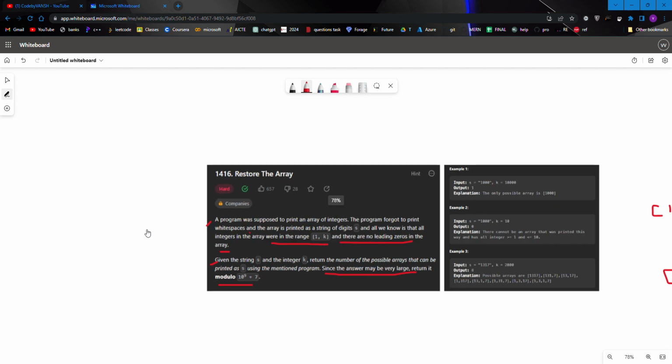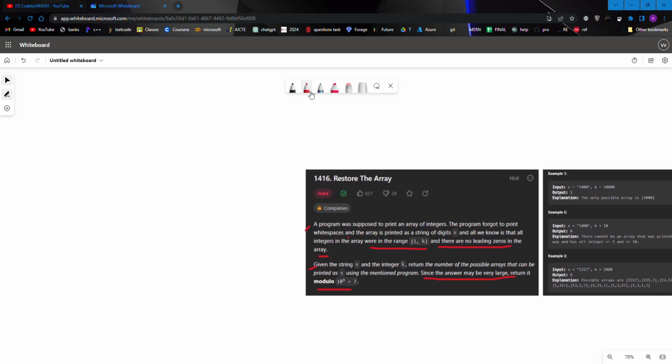Okay, so in this question we want to print an array, but let's take an example of a, b and c. We have to print this array, but while printing, the white spaces or the commas were not included.